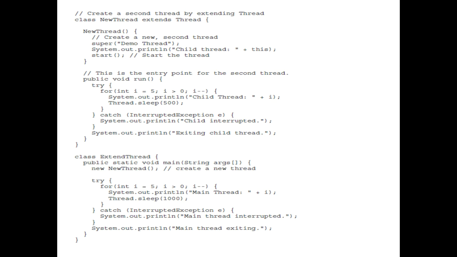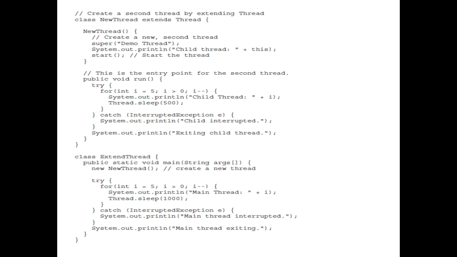As the start method is already defined in the Thread class, you can directly call it in the subclass. So we have defined the body for the run method. Again, we have displayed the numbers from 5 to 1 by telling the thread to sleep for half a second. Then we created a child thread in the main thread by calling new Thread, which is going to create a new thread. The name of the thread will be assigned to demo thread, and it calls the run method.